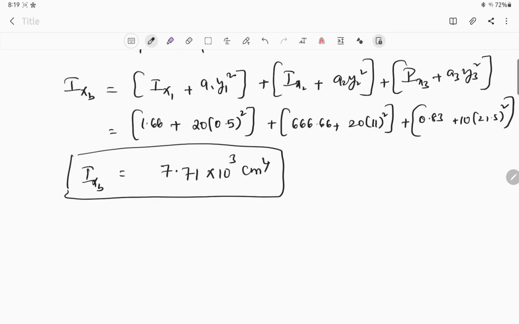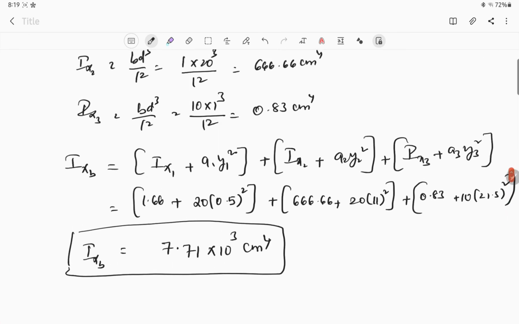So when you calculate moment of inertia about its base, you have to continue with this method. This is the simple method, right? We just have to remember this formula, the highlighted one, the red one. This is very, very important when we have to calculate about its base.